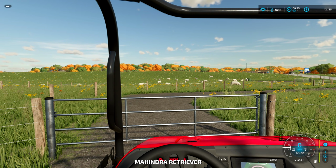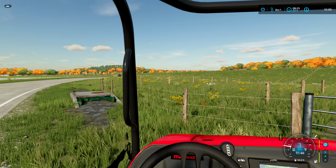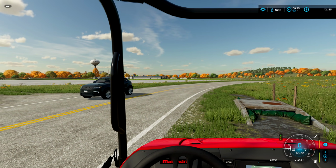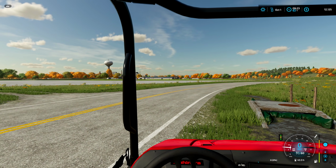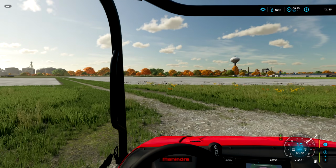Not a big deal. I'm sure we'll make it in there. If not, we'll sort of look at it and fix it. But for now, we'll just leave it as is. Anyway, we need to actually grab the Massey to do that